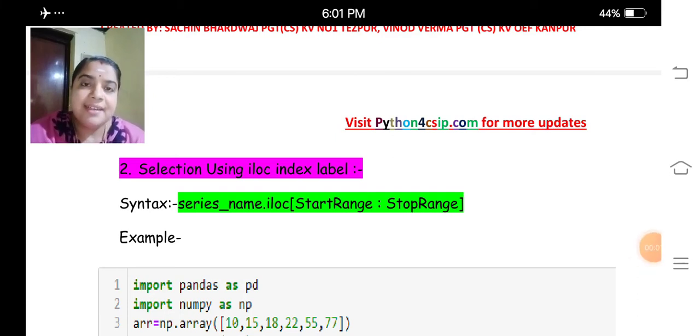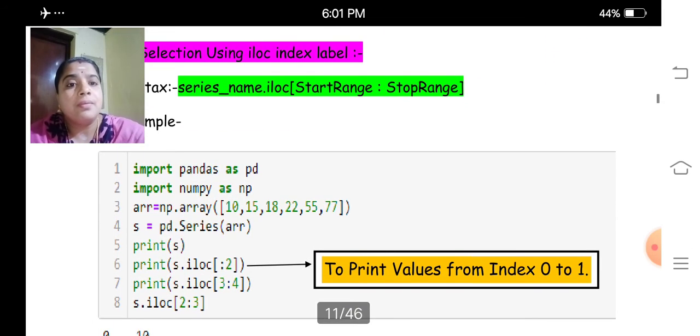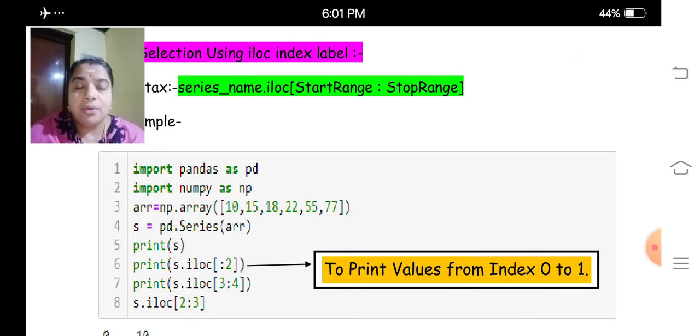My dear children, so far we discussed how to select the values from the loc function. Here I am going to give the example with the iloc function. It is used for getting the selection itself. iloc of 0 to 2. Here the end range is not inclusive. The end range given here is 2, so it will take from 0 to 1 only.